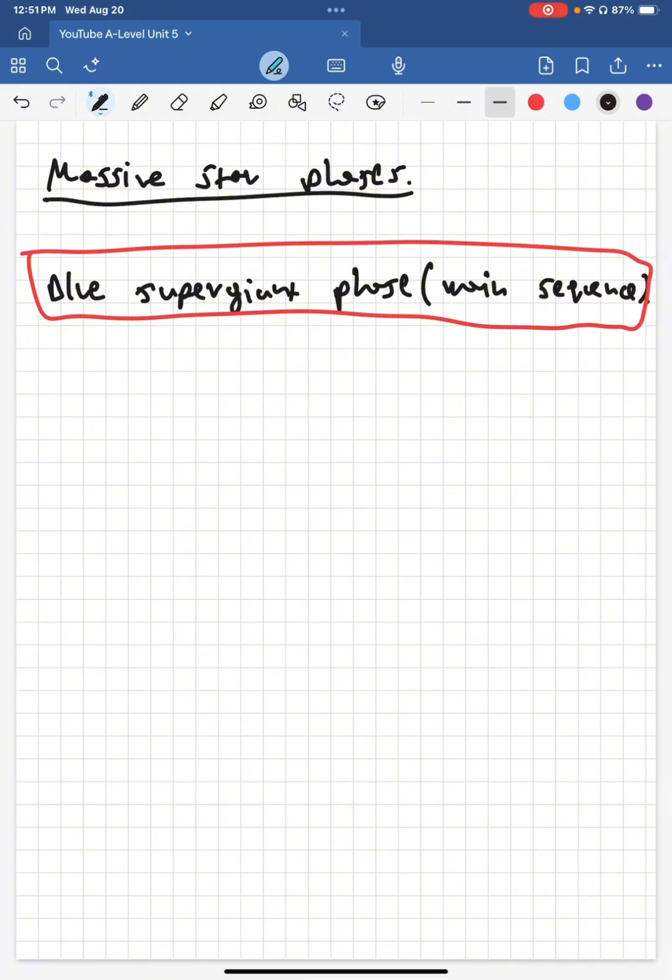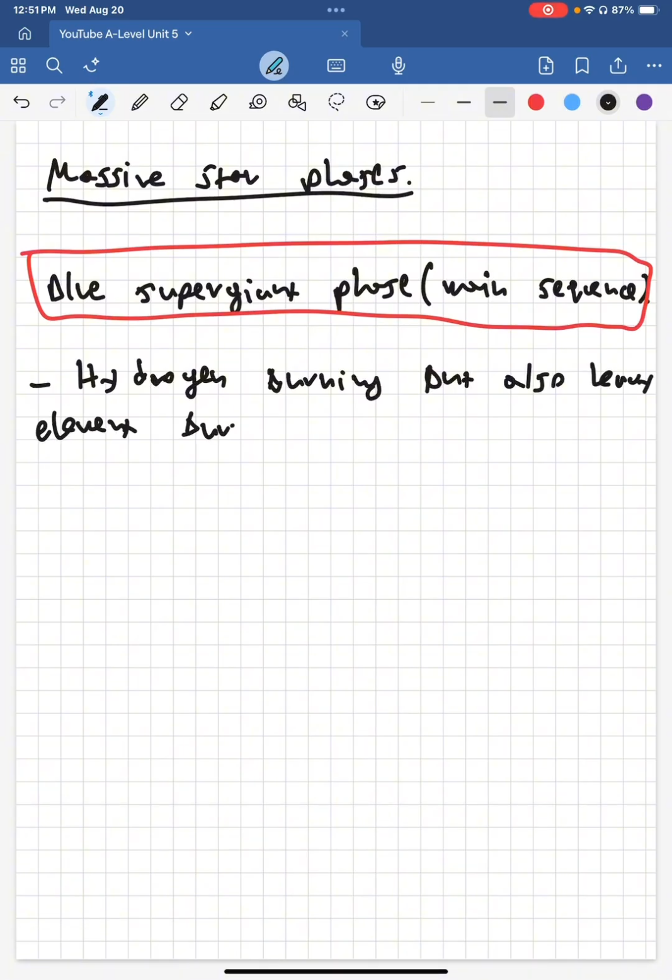Okay, so we have hydrogen burning, but also heavy element burning, because these stars are so massive that there is enough energy to fuse helium-4, oxygen-16, and so on and so forth. Okay, up to